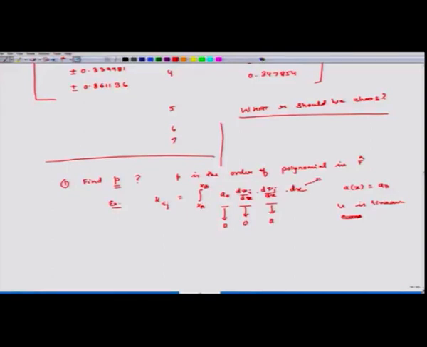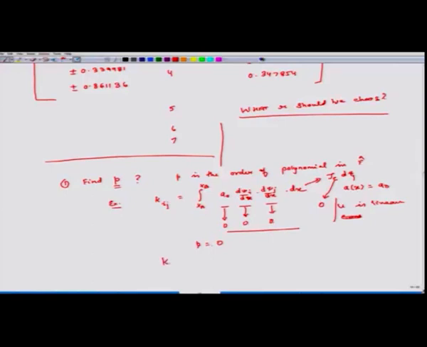Now, what is dx? dx is J times d zeta, and what is J? For straight elements it is constant, we saw that, we wrote that earlier. So J is also constant, its order is also 0. So what that means is that p in this case is equal to 0. This is the first step.